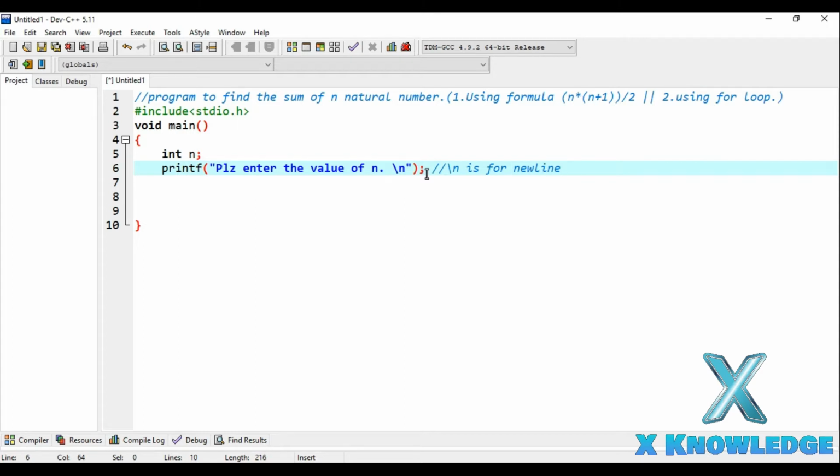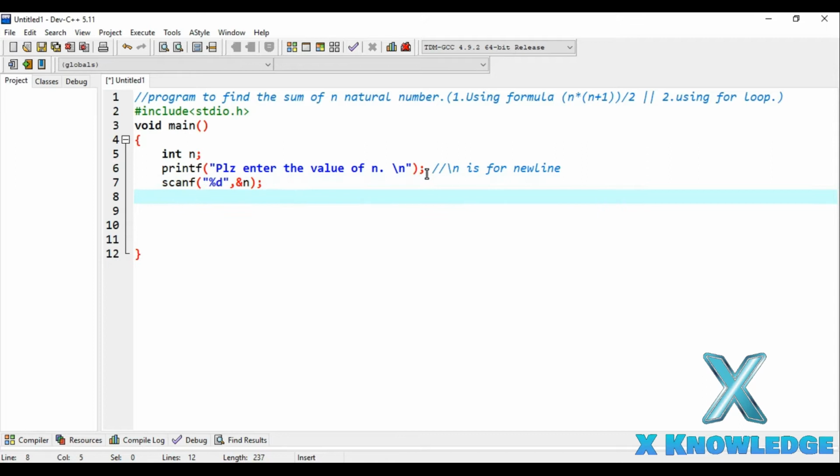Now once the user gives us the number, we will have to accept it with the help of the scanf function. So let's use the scanf function of stdio.h with %d, that is the format specifier, and we will store the number in the n variable.